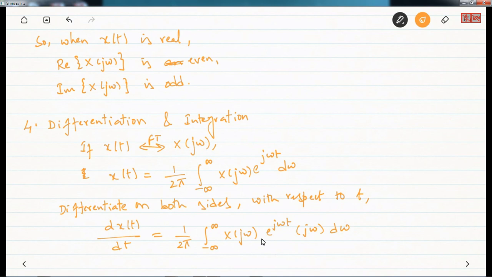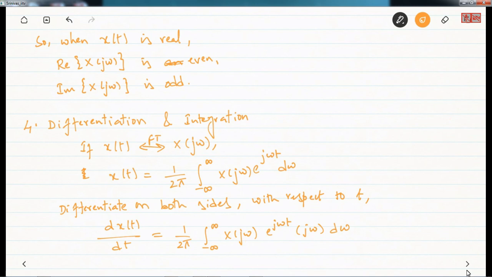So what does this mean? This means that the Fourier transform of the differential of x of t can be given as j omega into X of j omega,